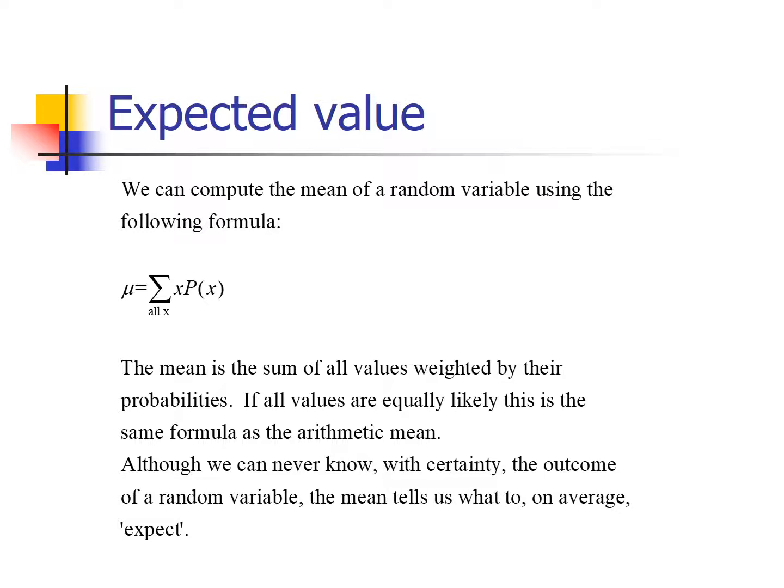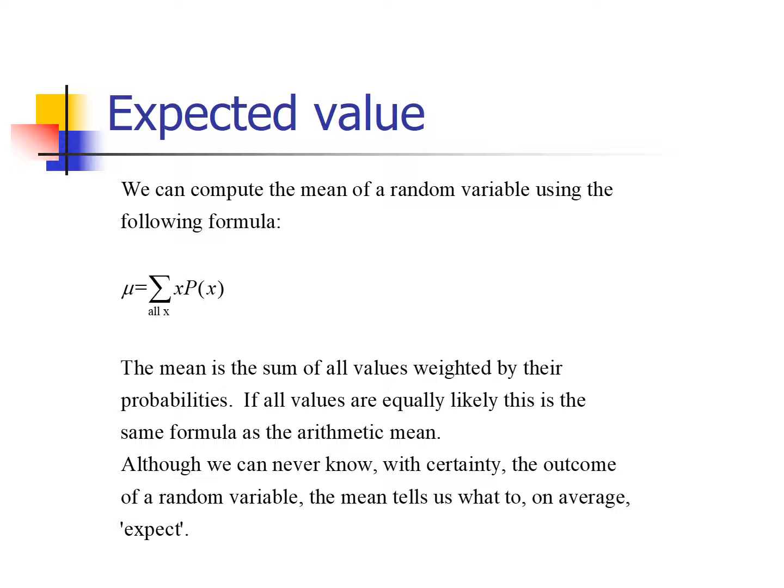Well, the second property, or the second characteristic of a random variable that I mentioned, is that every random variable has not only a probability distribution, but a mean. And we can use the probability distribution that we just talked about to actually figure out what the mean is. The mean of a random variable is also sometimes called its expected value. So we could find this mean, this expected value, using the following formula. We denote the mean with the Greek letter mu,